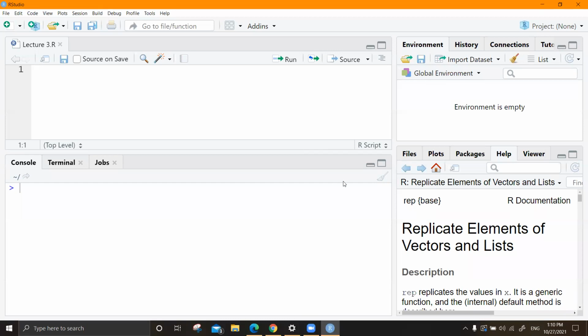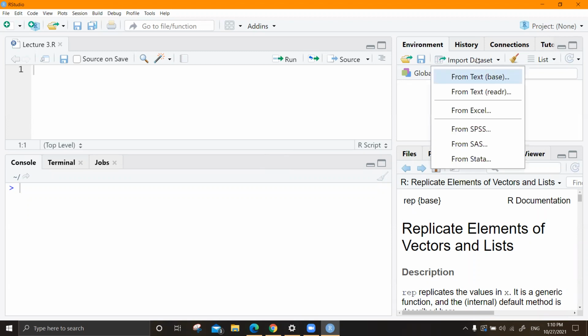So there are a couple of ways. This is the easiest method out of all, the most facilitated method. You go here, Import Dataset. You go there, and you have to know the file type of your data set. That's why I told you to save it as a text file.